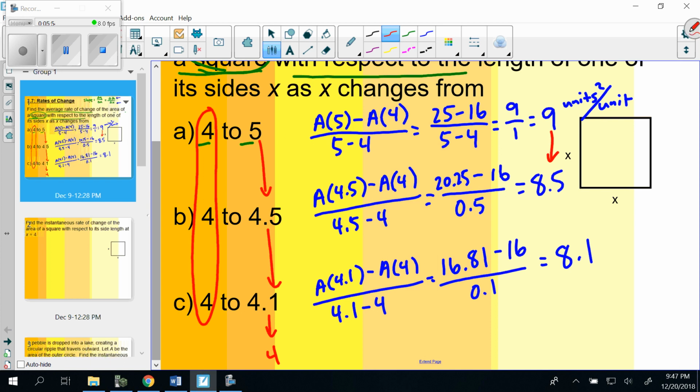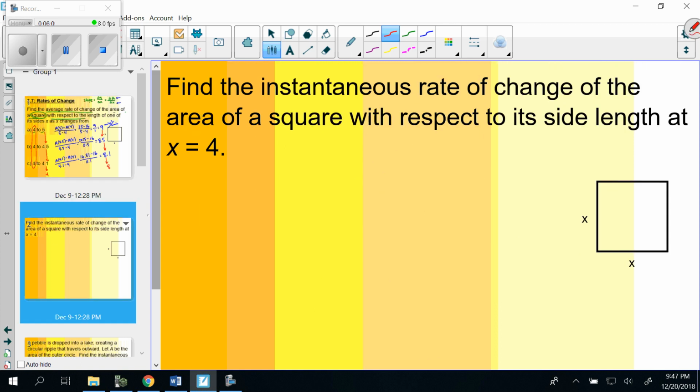Well, looking at our numbers here, it appears that these are probably getting closer to 8, right at a length of 4. So that would be our average rate of change. Let's just show that again. We haven't done one of these for a while, but let's look at what that instantaneous rate of change would